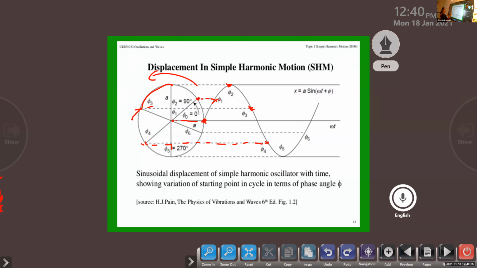And then at 270 degrees, you will get the maximum amplitude, minus A. In simple harmonic motion, it is minus A. In this case, it is the radius minus A. Again, the ball started rotating, going back to the 0 position. That is, it is completing 360 degrees. So the corresponding point you will see is phi-6 at some angle, and then up to here it is completing 360 degrees. That is a total of 2 pi completed and you are getting one oscillatory motion, or one oscillation.